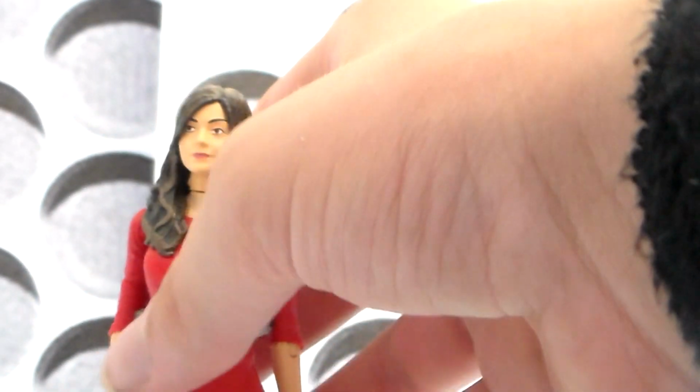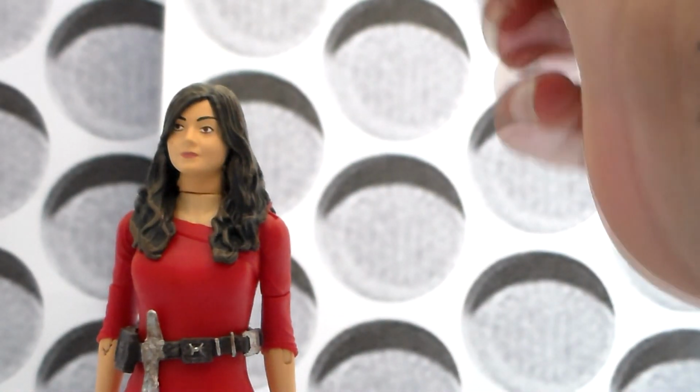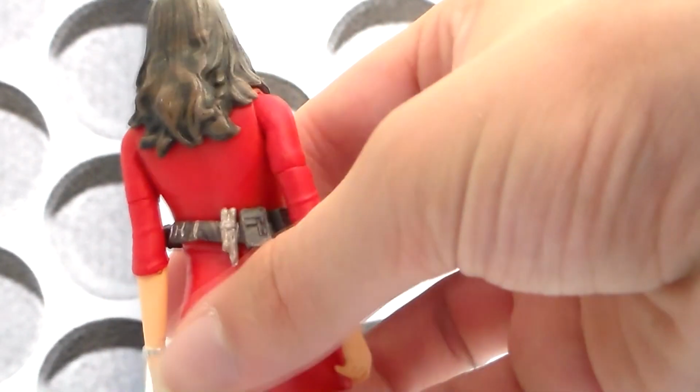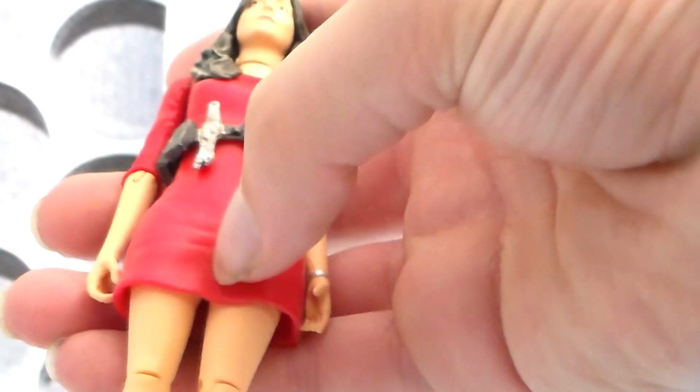No accessories come with this figure, so no souffle or anything, which I don't care for this figure really. In terms of accessories, it didn't need any. But it'd be nice maybe to have some sort of Dalek accessory, so she becomes a Dalek, but overall it's a nice figure. I'd have rather they'd done a Clara figure, because they could have used this sculpt for the dress on